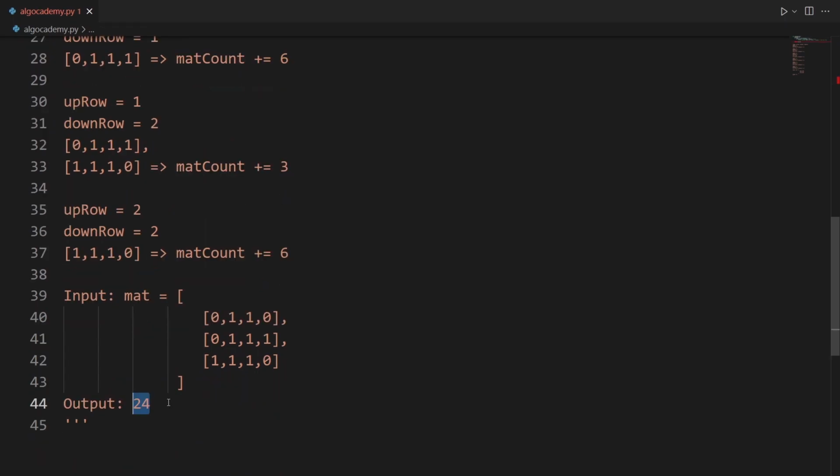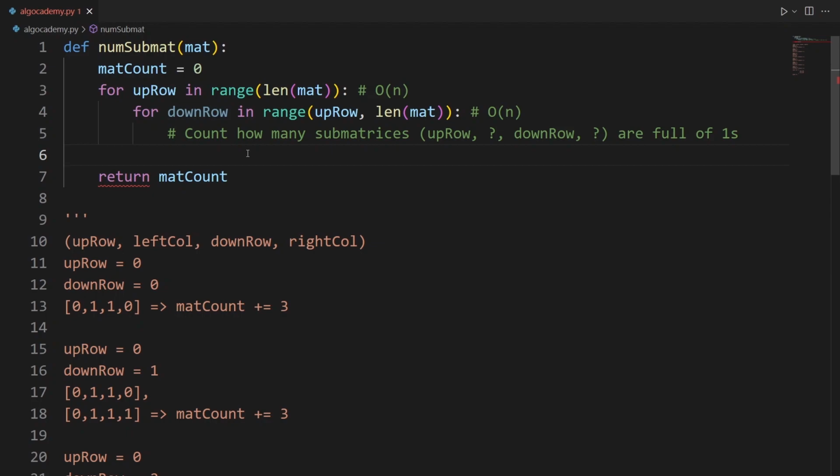Okay, so I hope you really understood how this approach with only selecting the up and down rows works, and how it will lead us to the correct answer, because we are going to count every single solution submatrix exactly once. Now what's left to do is figure out for every single pair of up row and down row how